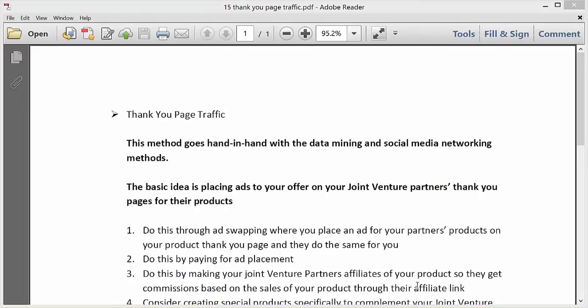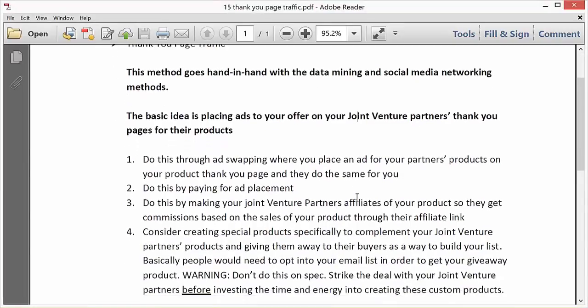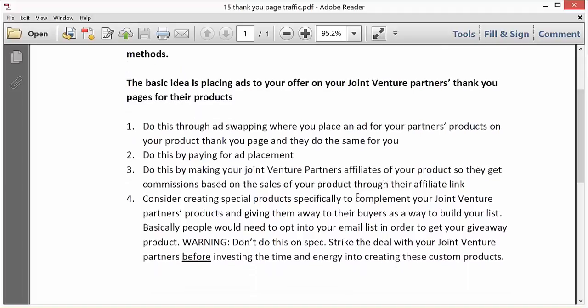Thank you page traffic. This method goes hand in hand with the data mining and social media networking methods. The basic idea is placing ads to your offer on your joint venture partners' thank you pages for their products. So basically this is for information products for people in your niche that you create joint venture relationships with. So when people buy their products,